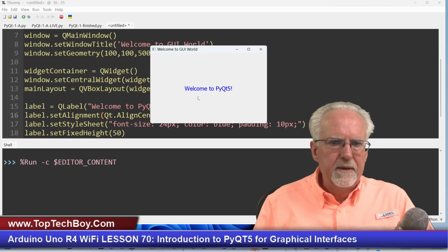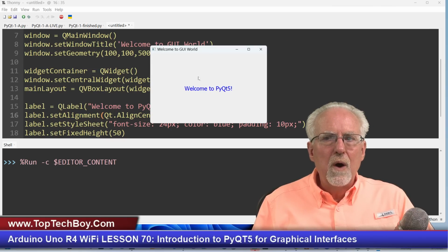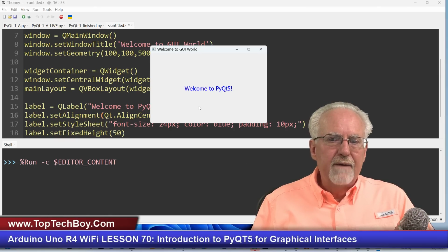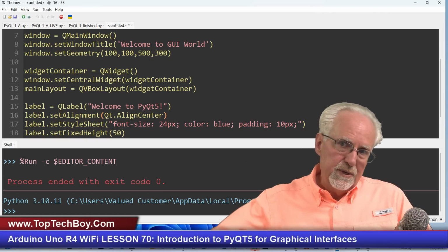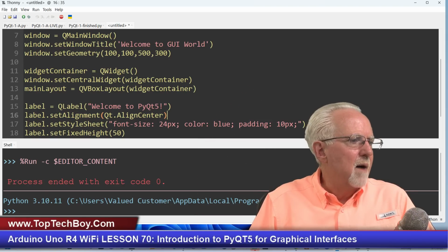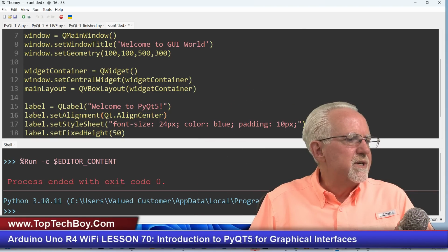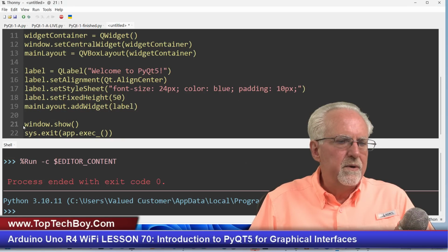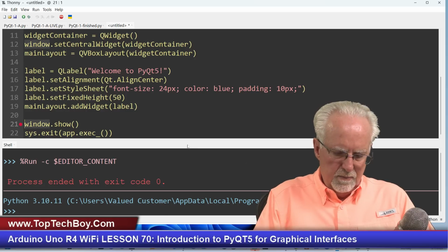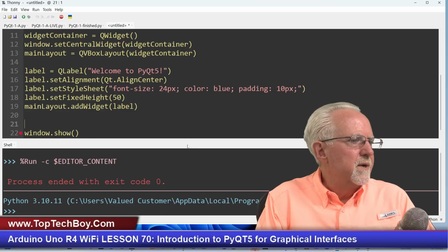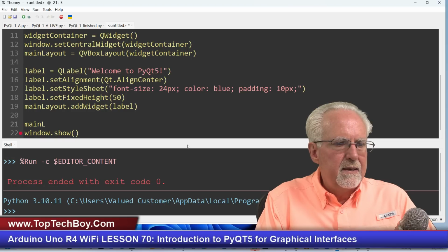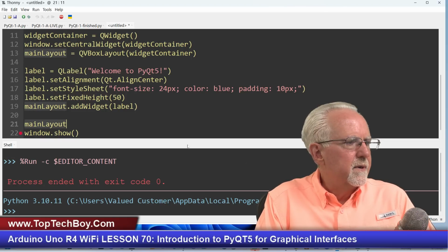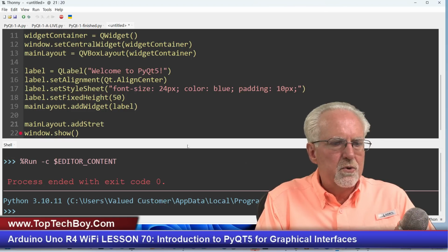And so if we come here, you see that I have a much bigger window than what I filled up. And so it just sort of put it up and down in the center. But what we can do is sort of push things up to the top. If we come down here and we just sort of say fill in the filler at the bottom. And that would be, okay, before we do the window show, remember our main layout was mainLayout. So I'm going to say mainLayout,